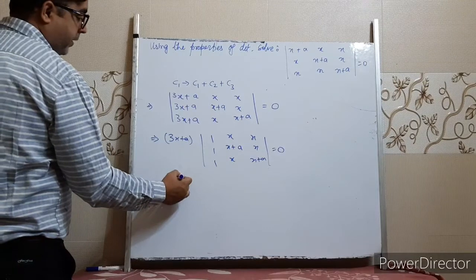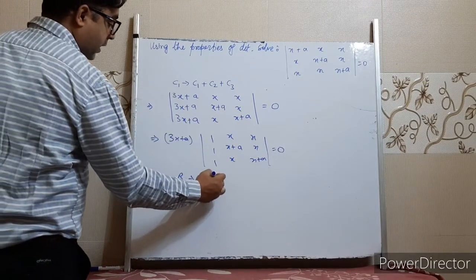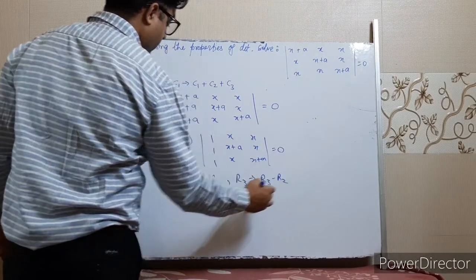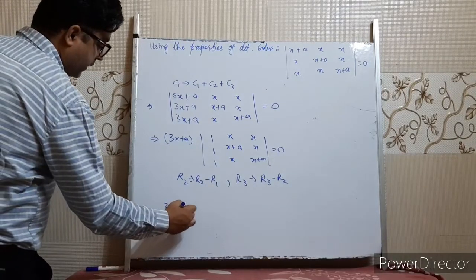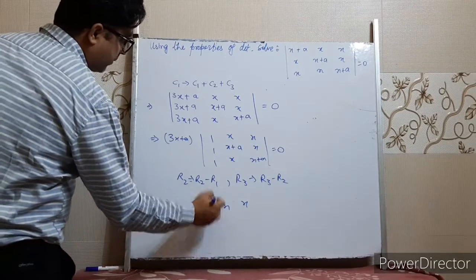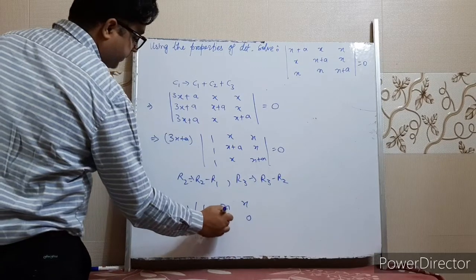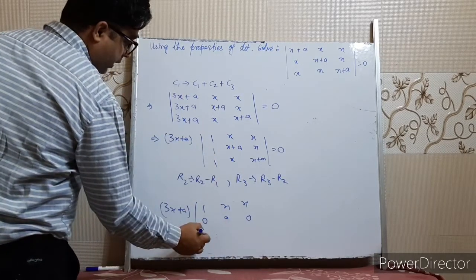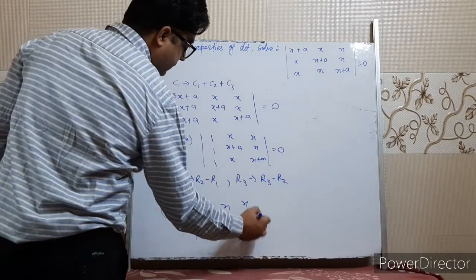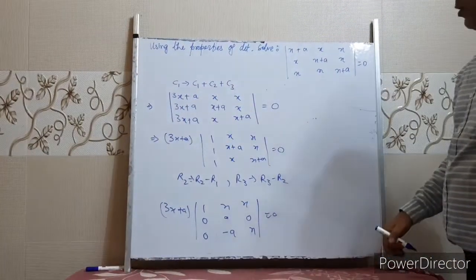Now you can apply row operations, say R2 minus R1, R3 minus R2. So what we'll get here? 3x plus a into 1, x, x. This will become 0. This minus this will be a. Again we'll get 0 here. R3 minus R2, 0 minus a, then x, equal to 0. When we expand this determinant about the first column,